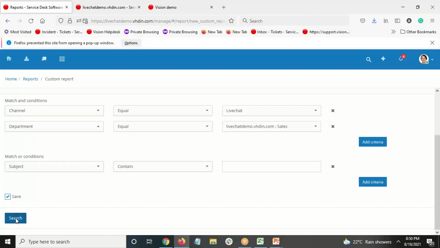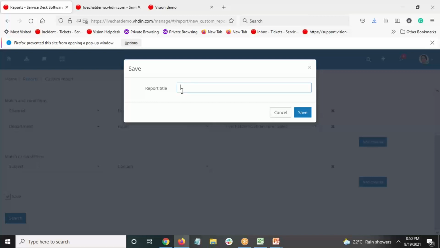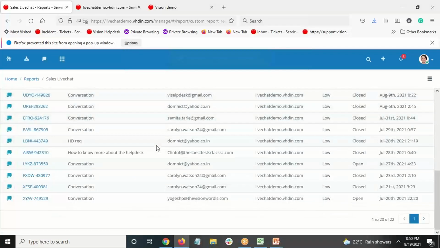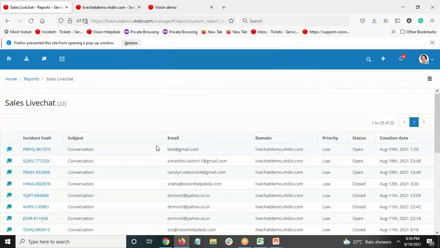So you'll be able to draw it again. So in this way, this report will be created for all the tickets generated for live chat requests received in sales department.